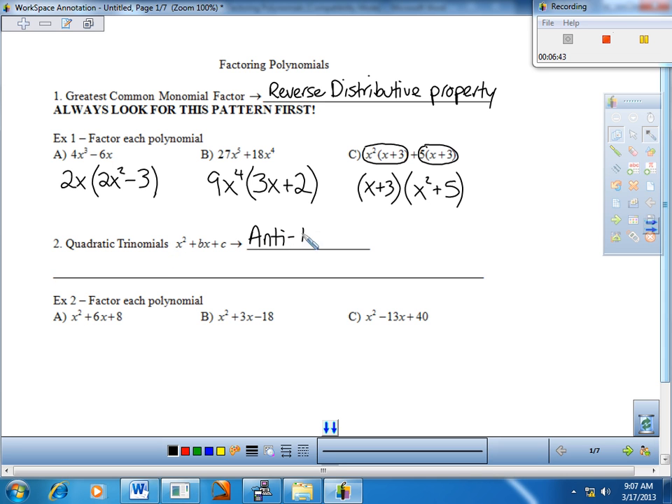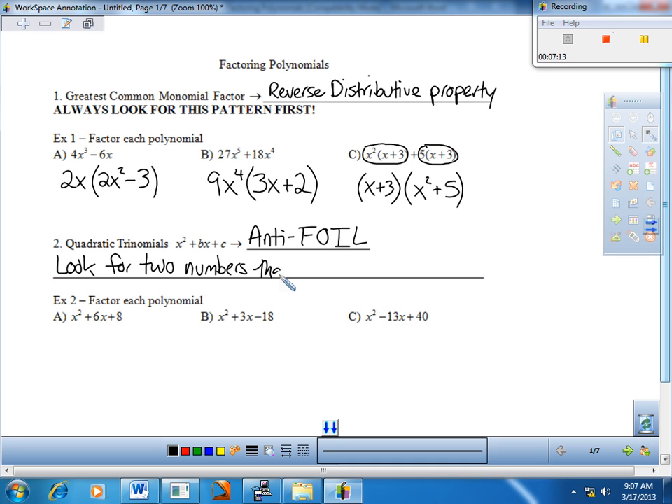I always kind of consider this one the reverse of foiling. So we've talked about foiling. So this is anti-foiling essentially, just reversing the process. And I just have a little hint as to what we're going to do here. These are relatively straightforward, but let's just fill this in and then we'll go get example 2. So what I do when trying to determine what factors we're looking for, the primary piece is that we're looking for two numbers